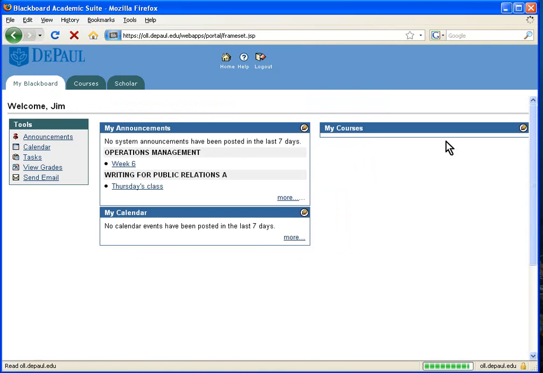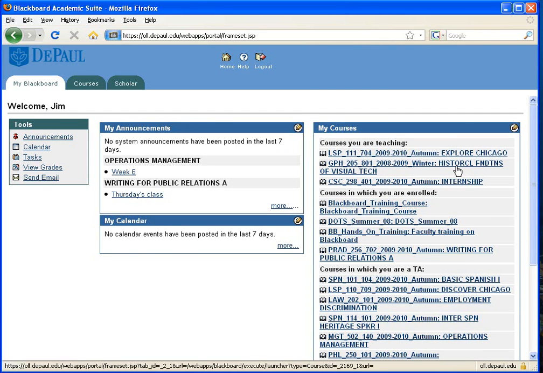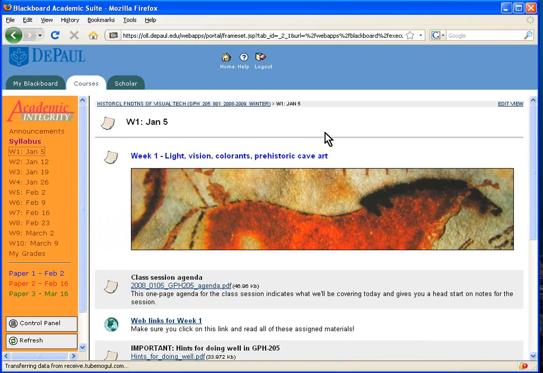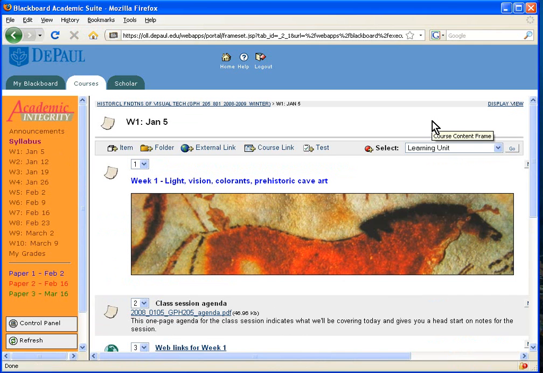And now I will pick out a course that is appropriate for me to put those slides into. And I'm going to go into the first week's content folder where I'm going to install the slides. So I'll go into the Edit view, and I'm going to install an item. So I'll click on the word item here in the add line,